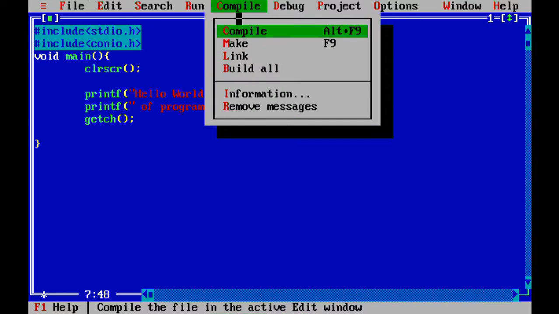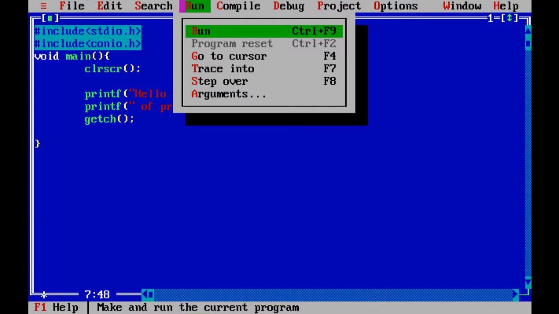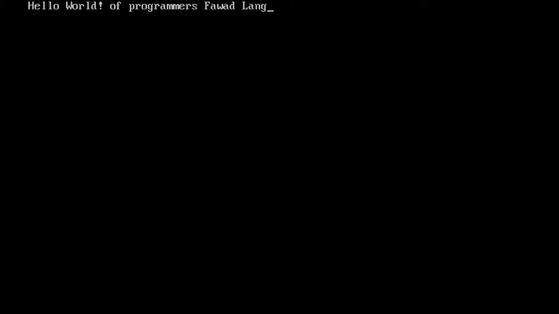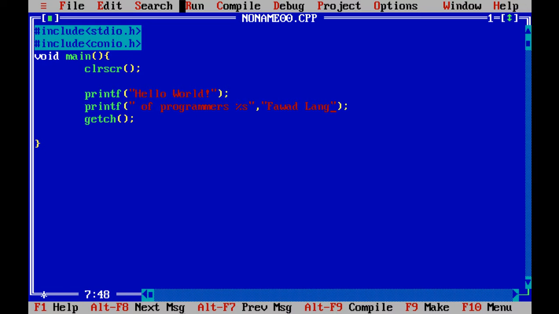If I compile it and run it: hello world of programmers for long. That means this is actually a format specifier. There are many format specifiers, we'll discuss them later, which we use in C programming. And remember, this comma is very important in the printf statement.